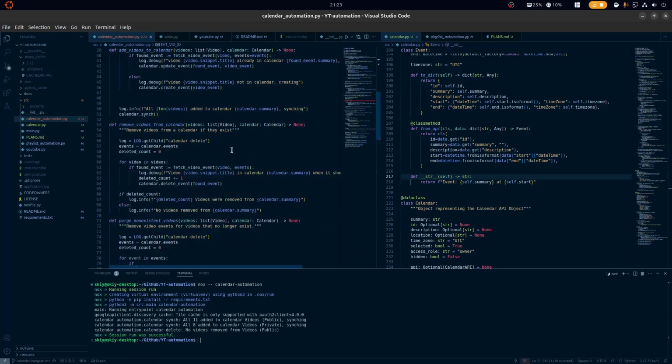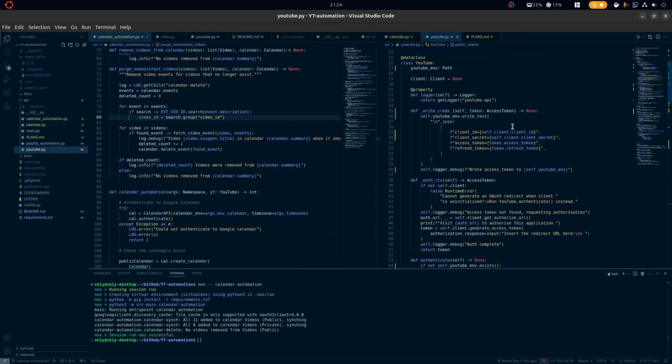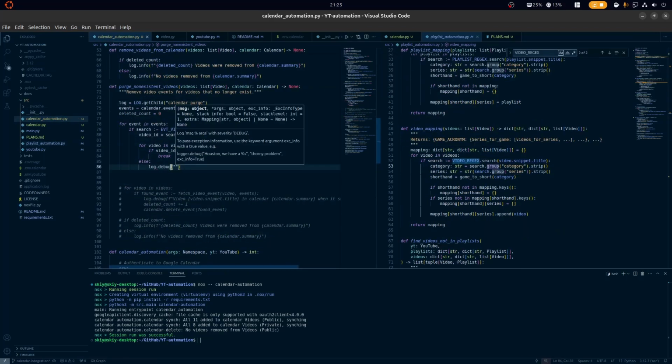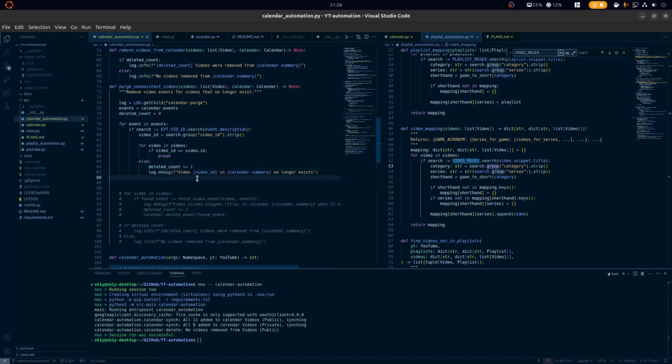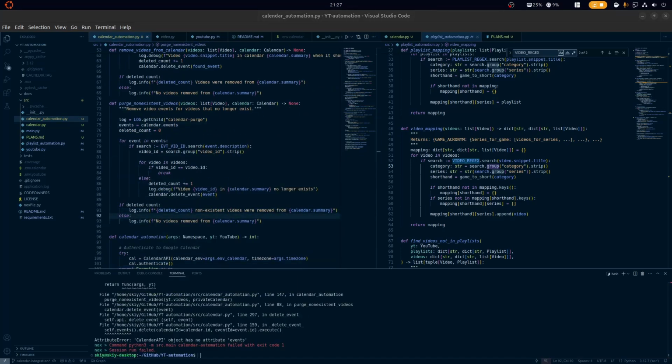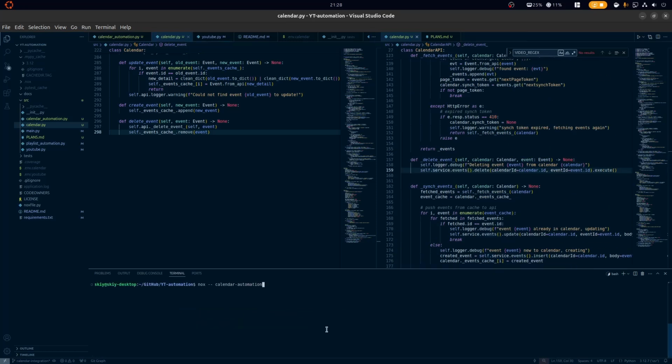But yeah, I'm now also writing a short function to purge videos that no longer exist. For example, if I delete them from YouTube, then they'll be deleted from the calendar. And that surprisingly works first time. So yeah, goodbye from the edit. Right, editing me. I need you to blur out the things again.